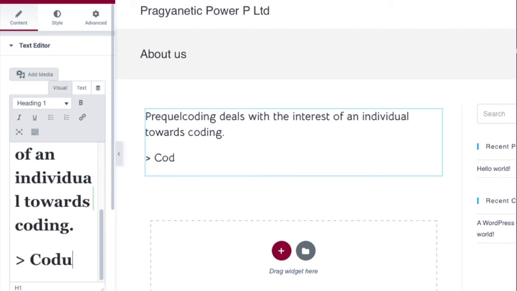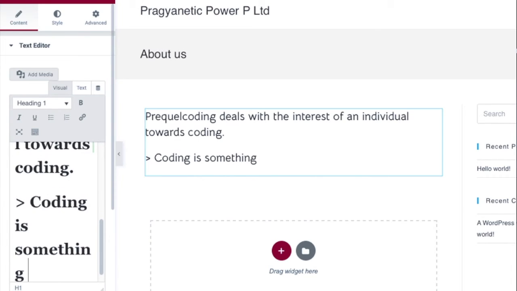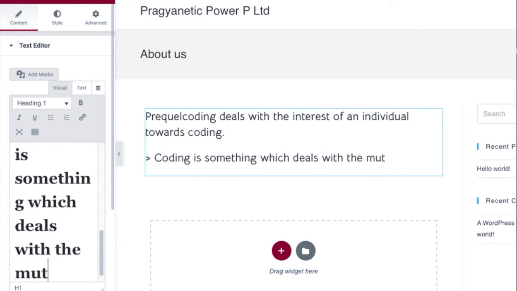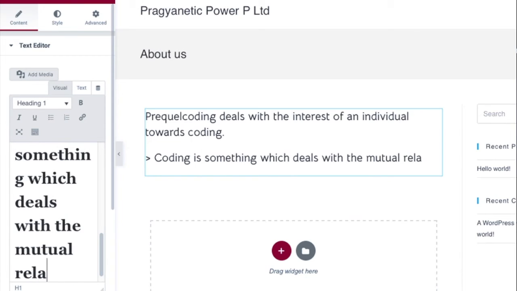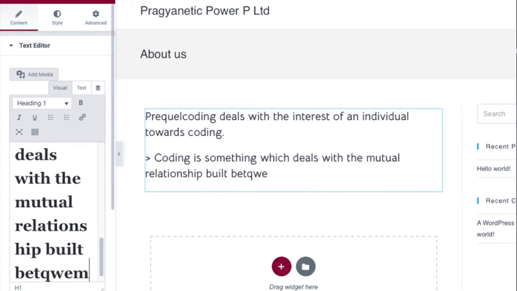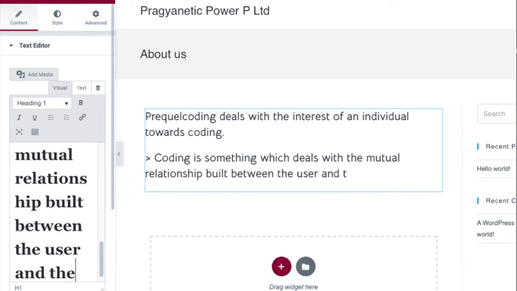So coding is something which deals with the mutual relationship built between the user and computer.